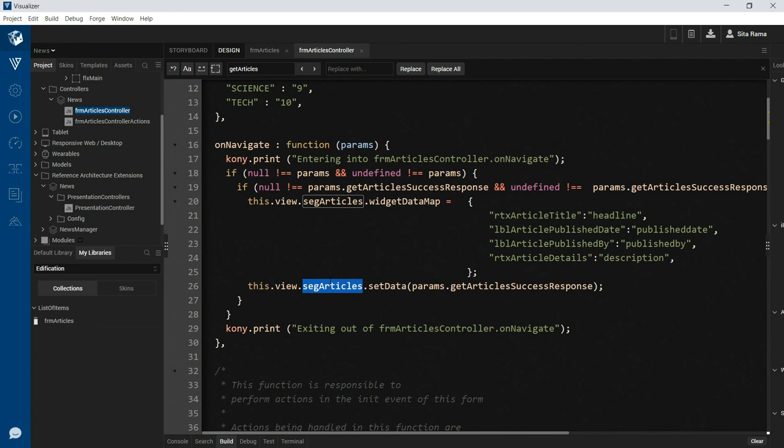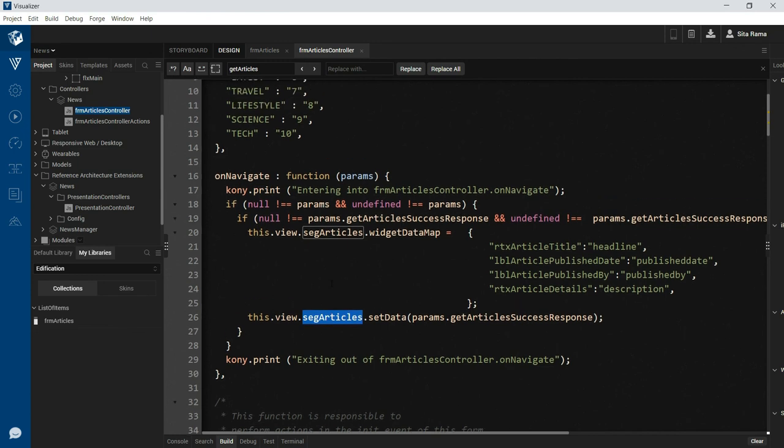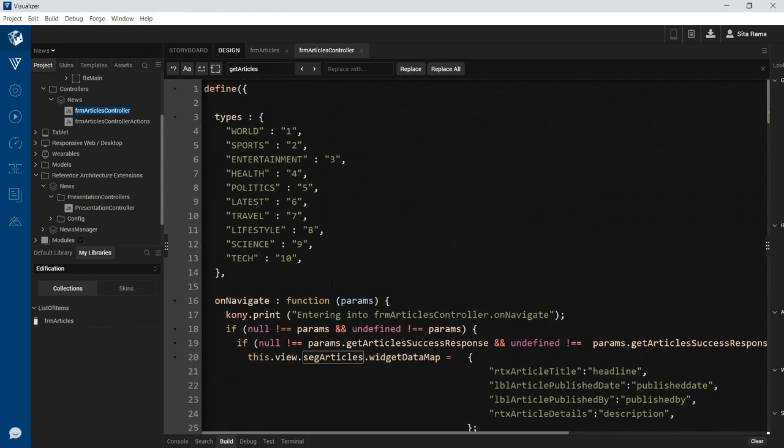So each time we navigate to this form, we will be checking whether the data being passed to this form is holding the response from the backend system, and if there is a response present in the data being passed to this form, then we are setting that response to the segment widget that we have on this form to show those list of articles on this form. So this is the implementation that we have done as part of this form controller.